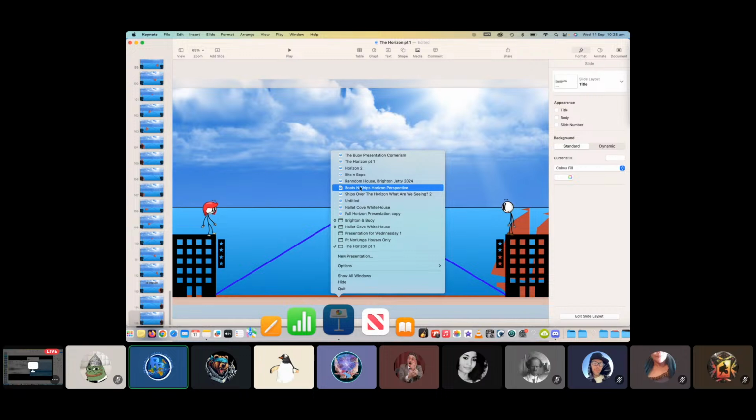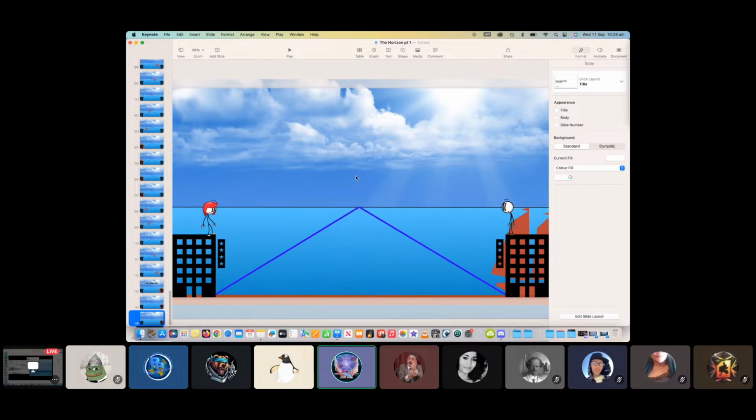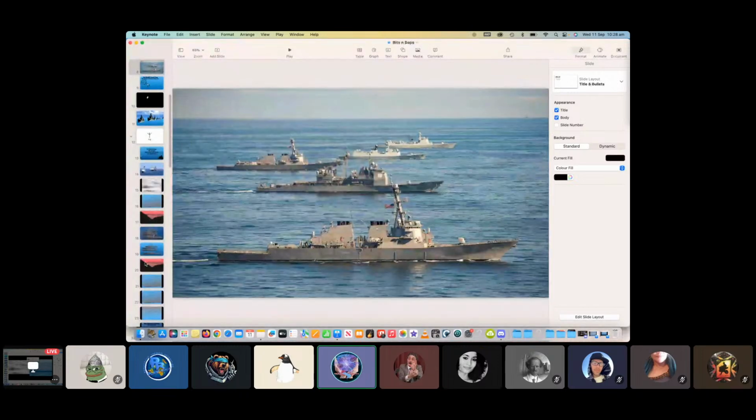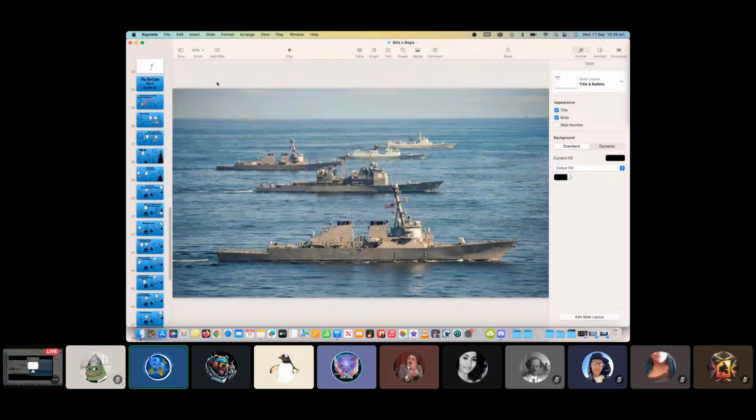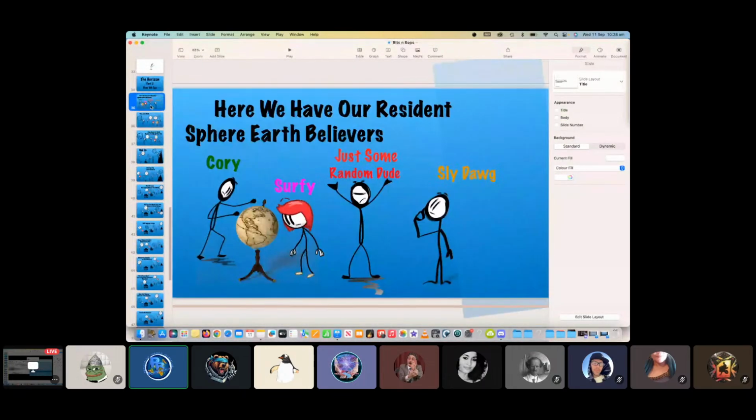Yeah. Let me see. Where is it? Copy untitled. You're much neater. All my stuff's named untitled and then a numeral sequence, quintillion or whatever. I think I put it here. Oh, did I? No, damn. Where did I put it? I've been working on a thing and I've started naming all these characters. Corey Nice for Nice, Surfy for Surfy, Sly Dog, and just some random dude.